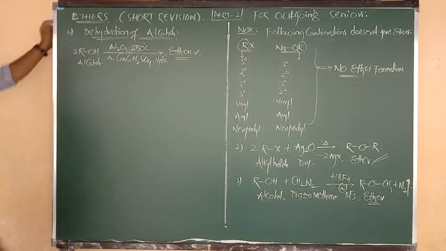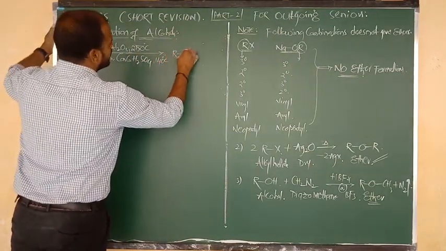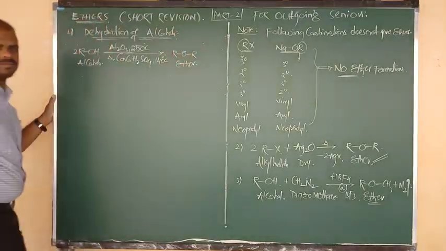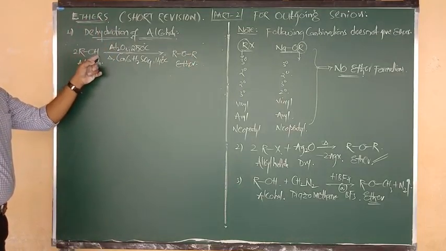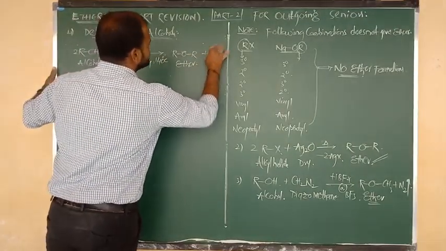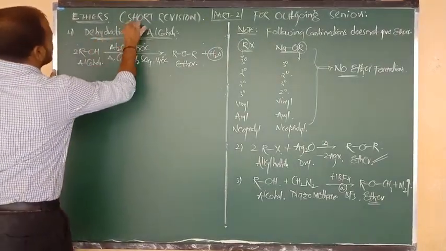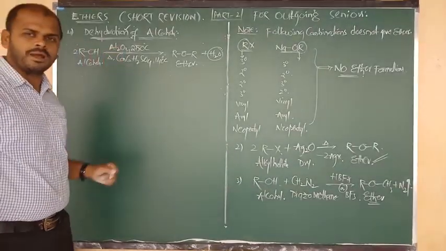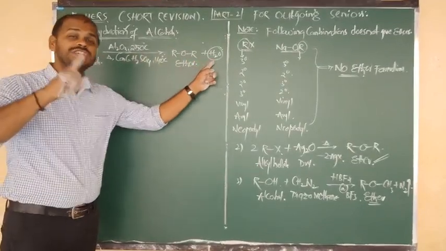Now I am going to give you one example. What is the formula of ether here? R bonded to O bonded to R. So here your product is ether. In alcohol here, how many moles have we taken? Two moles. It contains two hydrogens, and the two hydrogens are removed in the form of H2O. So loss or removal of a water molecule is known as the dehydration process. So alcohols on heating with alumina or concentrated sulfuric acid undergo dehydration and form ethers.